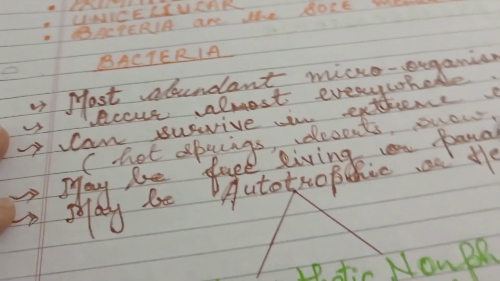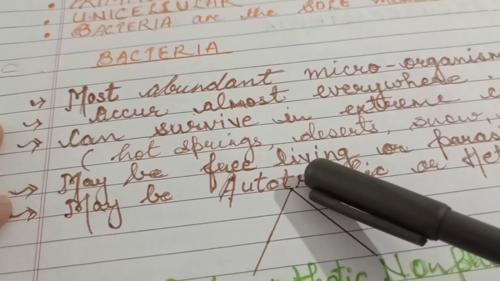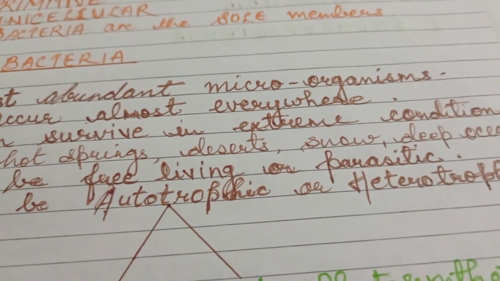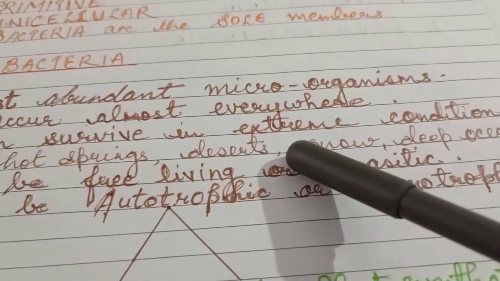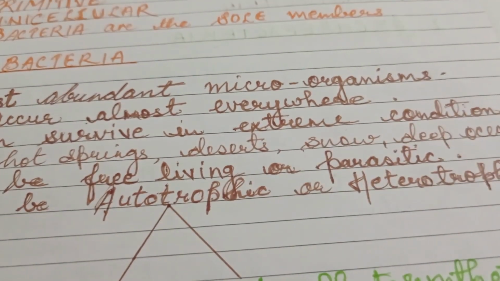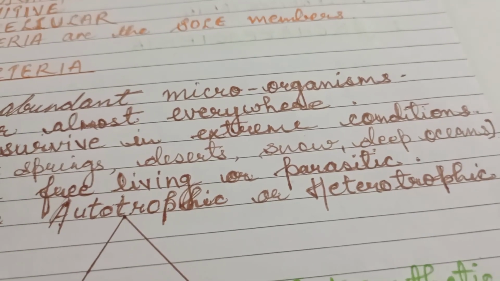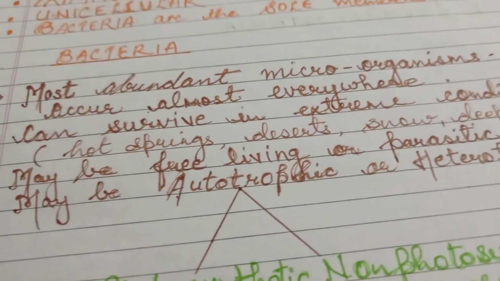Next important character, they can survive in the extreme conditions also. And what are those extreme conditions? Hot springs, deserts, snow, and deep oceans. They can survive anywhere. They can survive in extreme conditions. Then